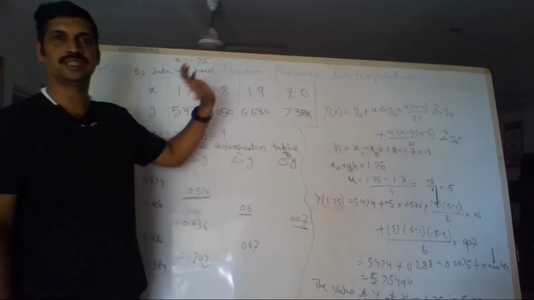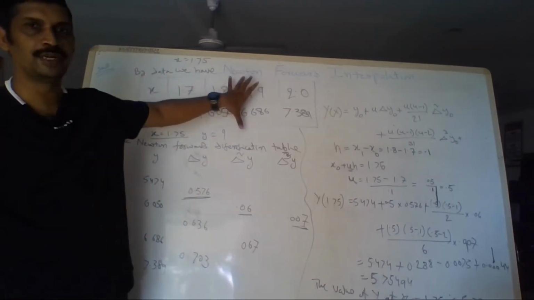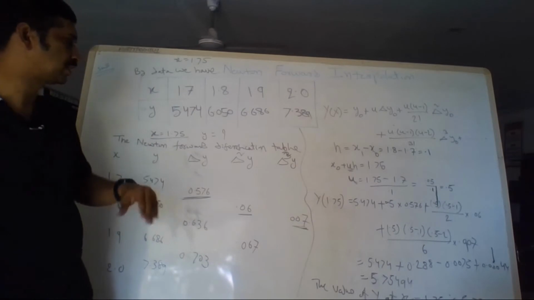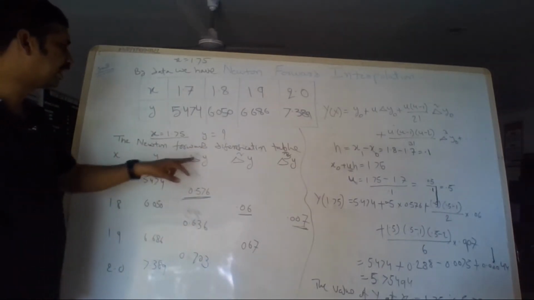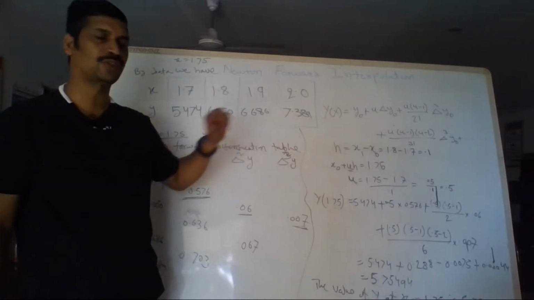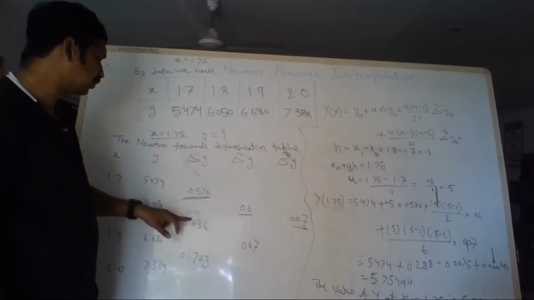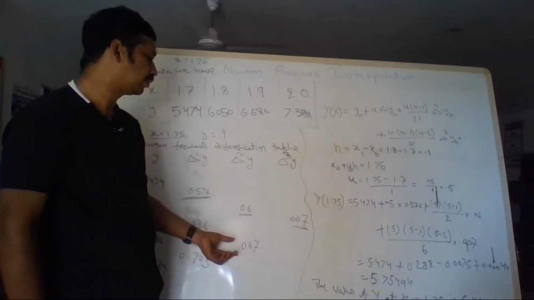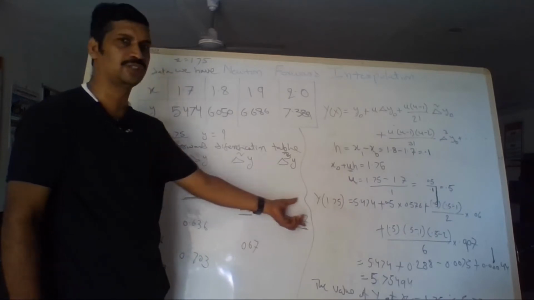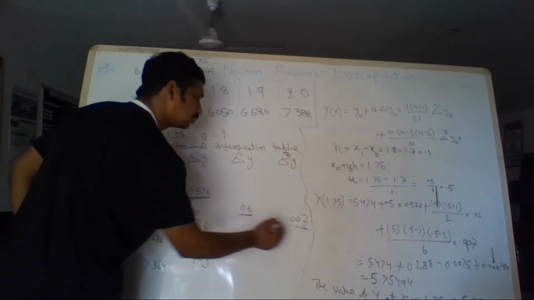Once again, we will see the steps in this Newton forward interpolation problem. This is the given table. We have constructed the forward difference table: x, y values, delta y, delta square y, delta cube y. This one minus this one here, this one minus this one here, we have constructed. Delta cube of y equal to 0.067 minus 0.06. In the formula, we will use these values.